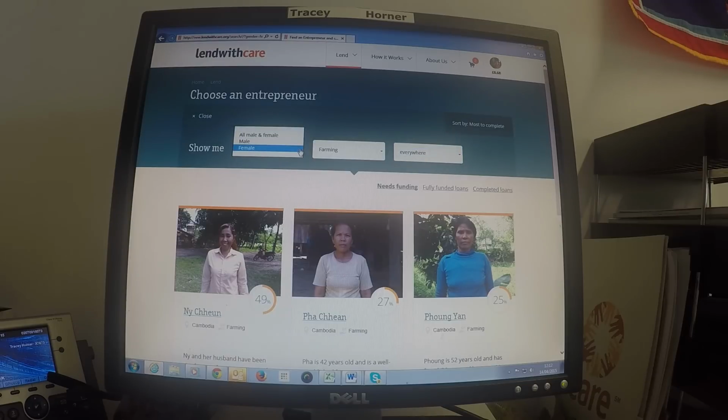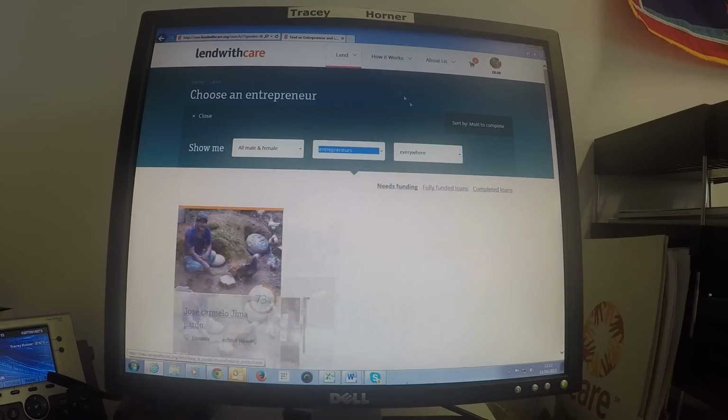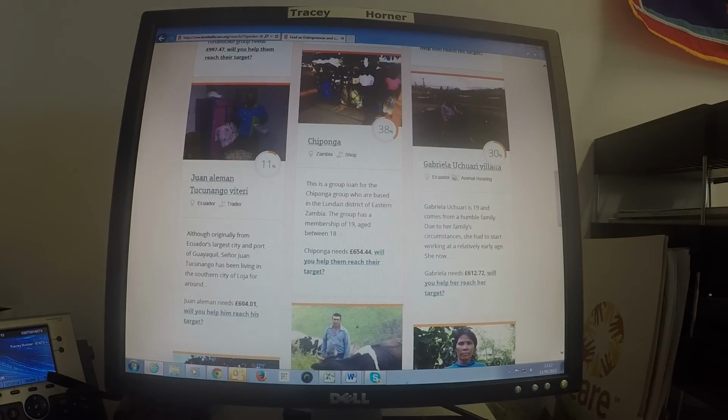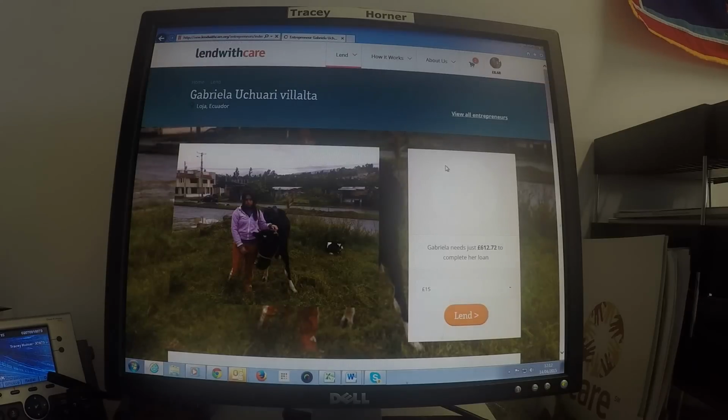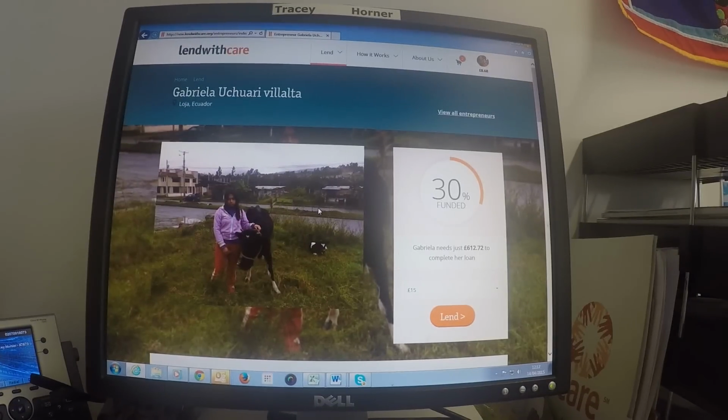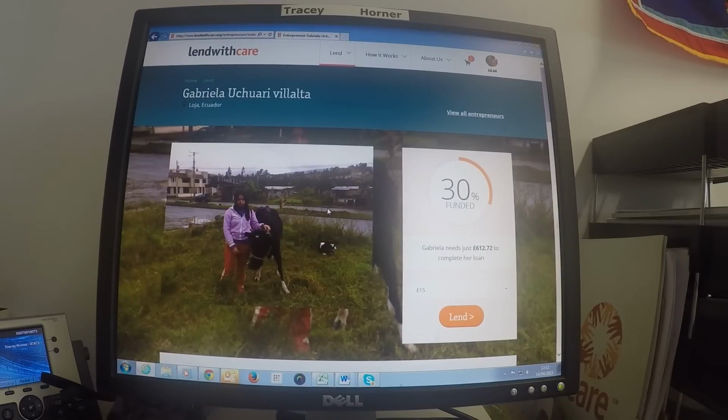If I want to go back to just looking at all entrepreneurs, I just need to go back and select all male and female entrepreneurs everywhere, and that will bring everyone. So I'll click this entrepreneur that I've decided I want to make a loan to. This isn't any different to usual, except it's much bigger and clearer. So you decide how much you want to lend in this box here. Click the lend button,